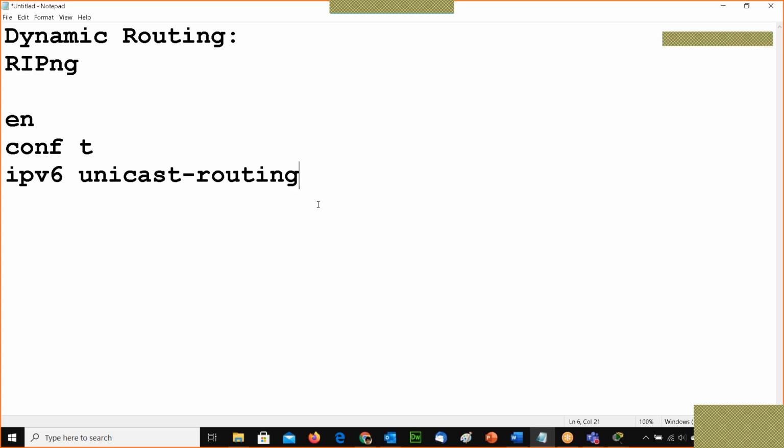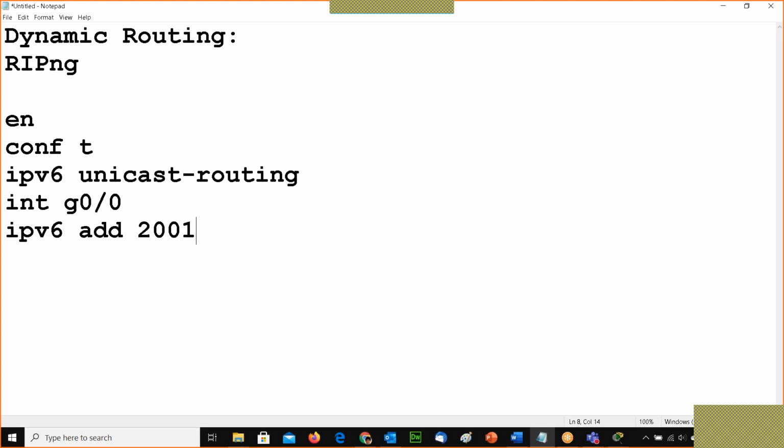Okay. So once we write ipv6 unicast-routing, now I can actually enable IPv6 addresses and then RIPng also. So I have to go and give the IPv6 address. For example, interface g0/0, then I am writing ipv6 address 2001:1:1::1/64. Okay. So this we can do.